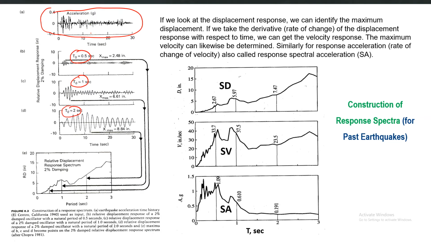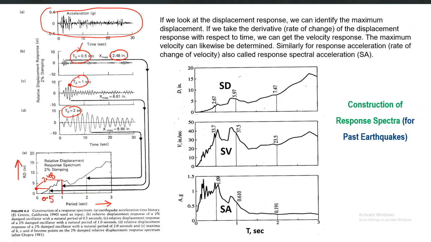And every time we do this process, we can pick the peak number, for example the peak displacement for each case, and we can construct a new curve on which we have the peak displacement on the y-axis for that particular earthquake and the time period of the structure on the x-axis. So for example, for T equal to 0.5 second, the peak value of displacement achieved for this time period is 2.48 inch. So we will have 0.5 second here and we will have 2.48 inch of displacement.